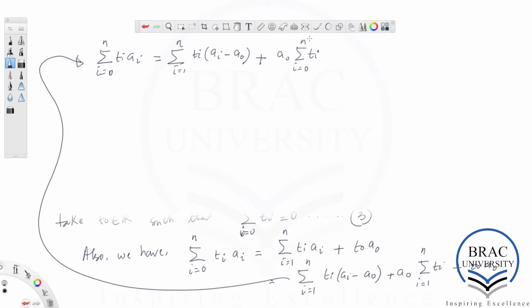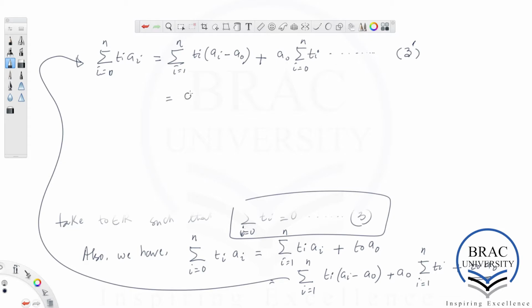We added an additional part here, and that needs to be subtracted, and that subtracted part cancels against this C0 times A0, so that we have nothing else left. Okay, so we number this equation as 3 prime. This was 3, this is 3 prime, and